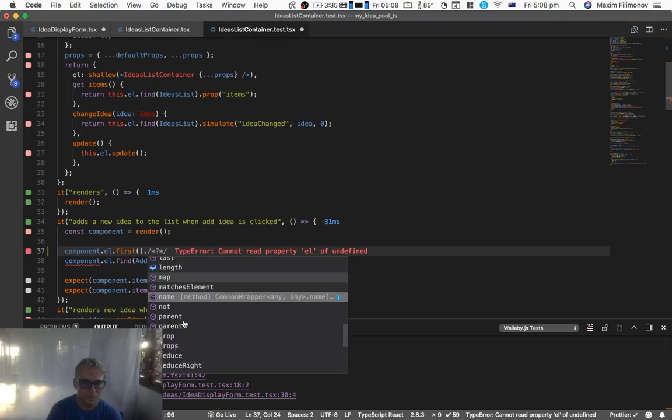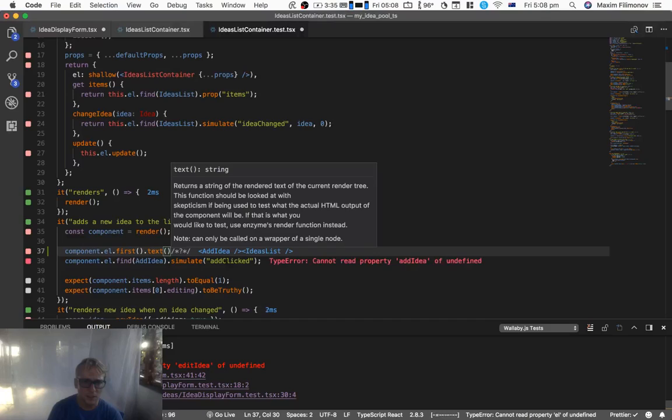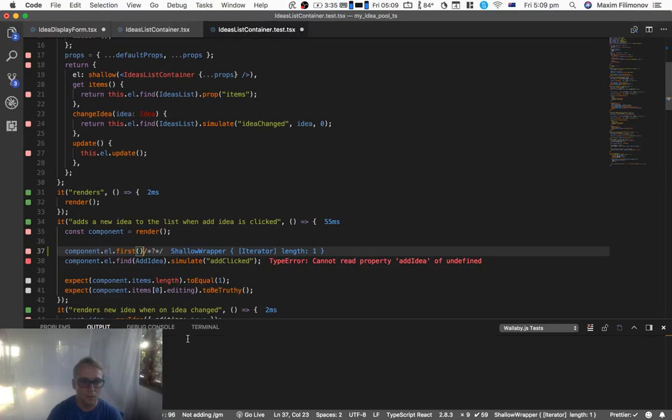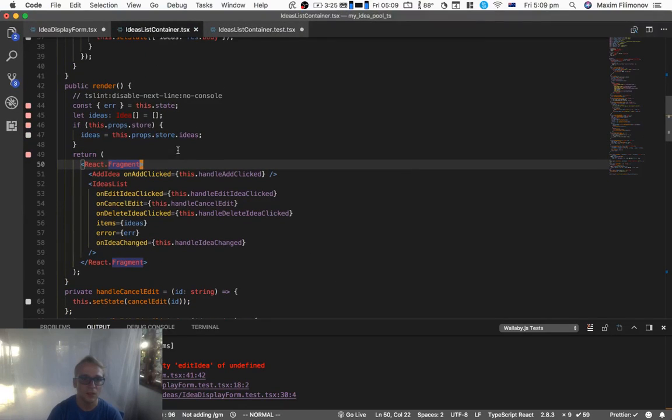Instance? No, instance can be called only on top level. I don't think I can call text on this. Oh yeah, okay. So this is an idea, sounds like. So why wouldn't you be able to, cannot read property addIdea of undefined. So it's trying to call,